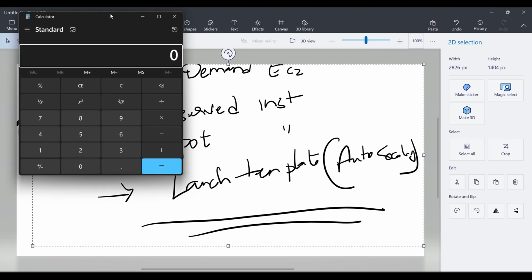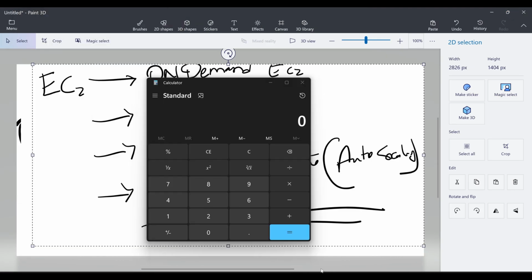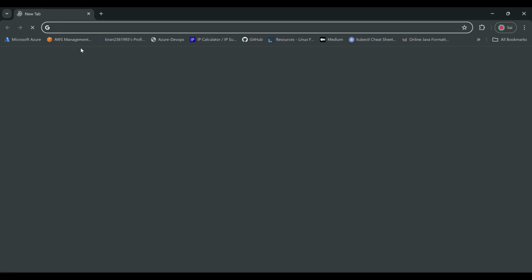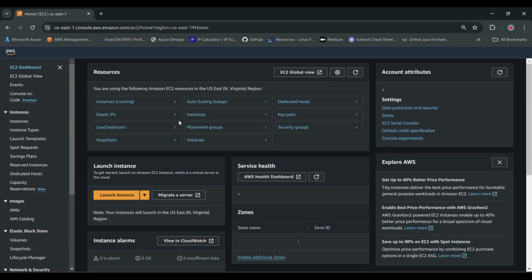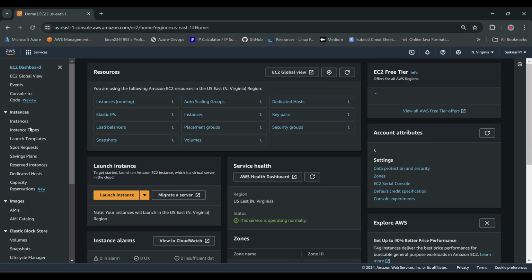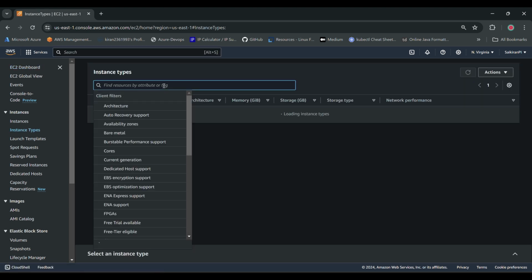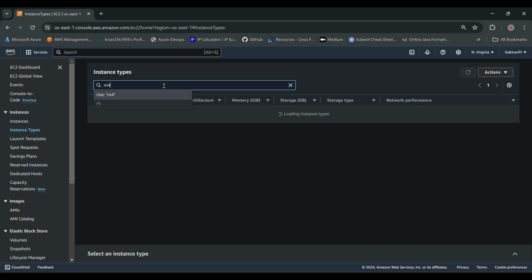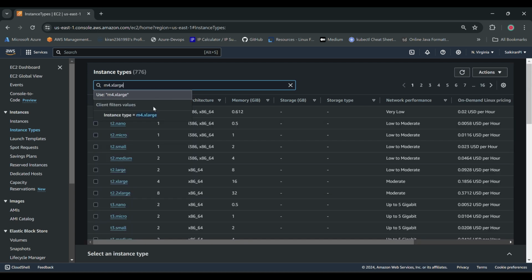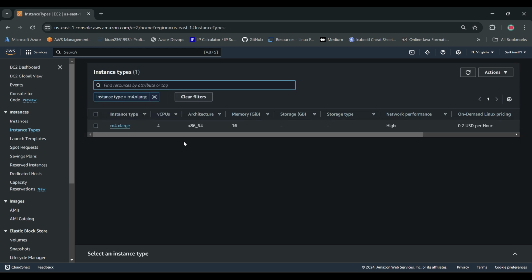I'll also open my AWS account, and then instance types. If you go here, I'll enter m4.xlarge. M4.x, so the L is capital actually. Okay, now guys, imagine, see, if you see here,